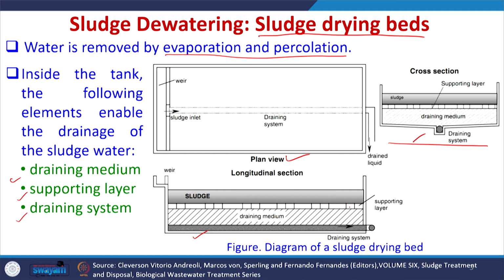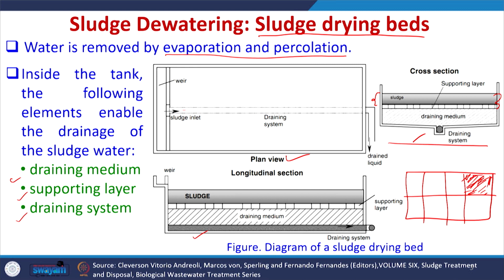These look to be similar. Here the sludge comes and is uniformly distributed all around the sludge drying bed. If this is the sludge drying bed section, we can have different sections within this. First, the sludge will be distributed